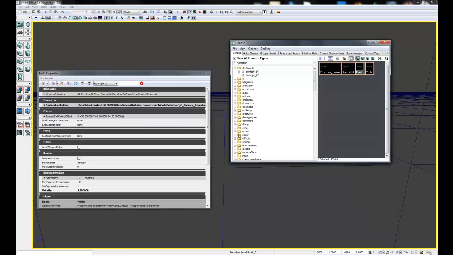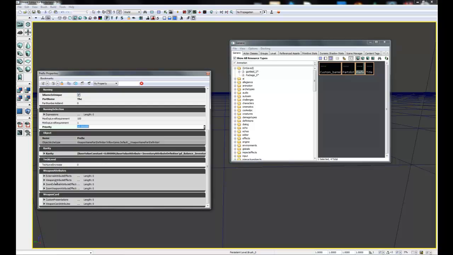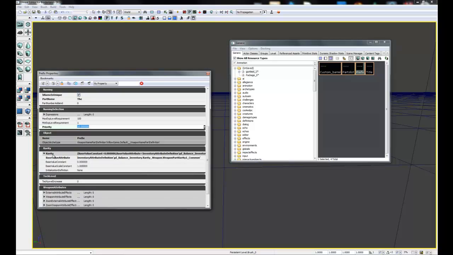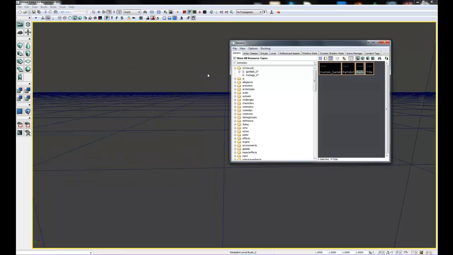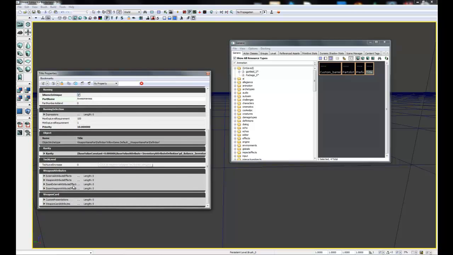Now I'm going to open the prefix, click name is unique, and where it says part name, type in the name that you want to have, or the prefix. I'll call it the. Set the priority to 10. And down here, just check if there's any extra weapon attributes, stuff like that, and get rid of those so it's easier to control. And then open up the title, name is unique, switch it to 10, and we'll call it awesomeness. Check down here,